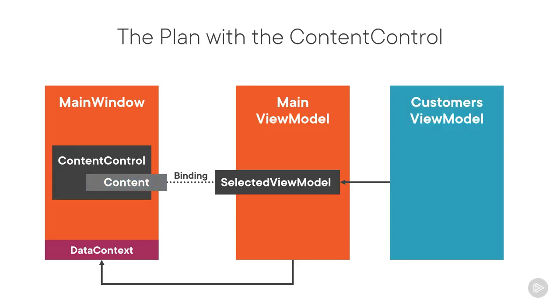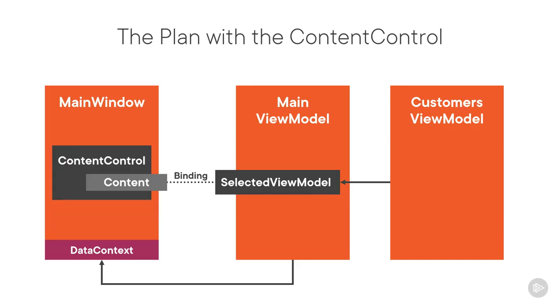As the Customers View model is not a UI element, the result of its ToString method is rendered in the content control. You will learn how to use the content template property to define a data template that will display the Customers View for the Customers View model. Instead of explicitly setting the content template property, you will also learn how to show the Customers View with a